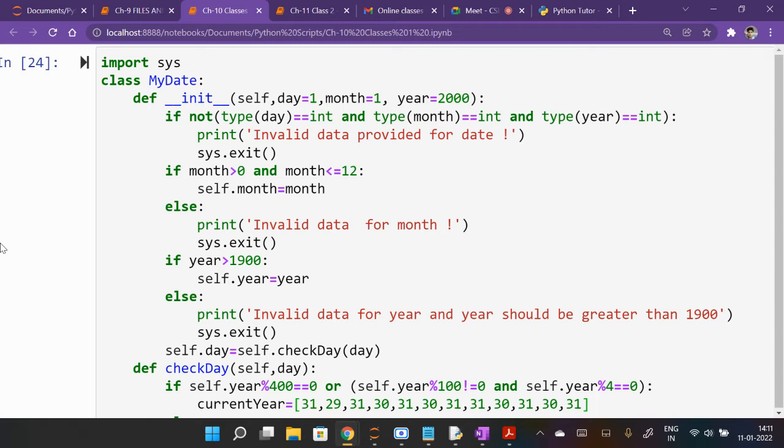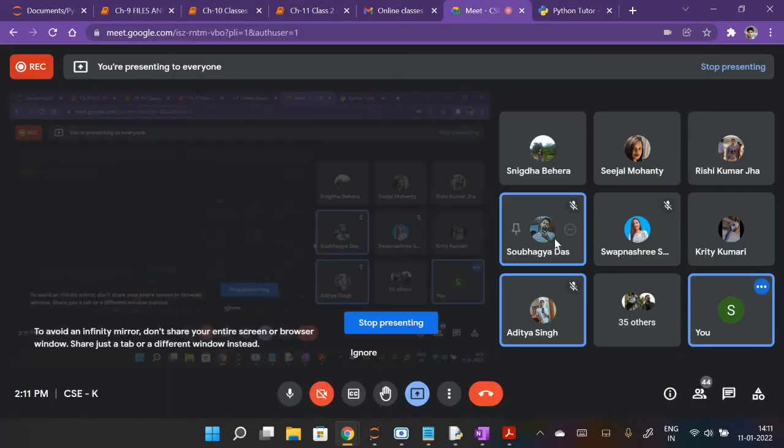Snigdha, present, sir. Amitav. Sir, Saubhagya present, sir. Okay. Amitav, Aditya. Present, sir. कौन अमिताभ या आदित्य?